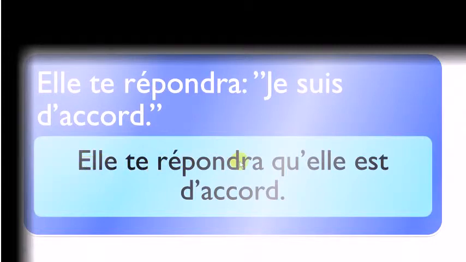Elle te répondra, so we put back these elements here. Qu'elle, okay, as we had previously, because it doesn't change here. It will be that, okay, que, but then you take the e away. Of course, you will have to modify this je and put it in here with elle, est d'accord. The verb, if you look carefully, will stay at the present form. Doesn't need to change here. Even if we've got the future here, it will stay at the present form in the second part here. Okay, so the thing is that